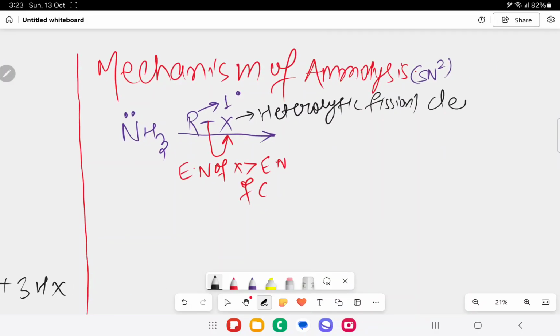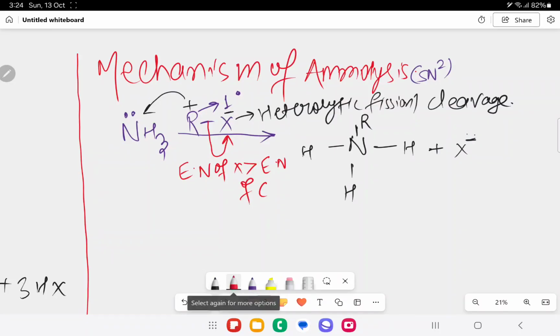Heterolytic fission, also known as heterolytic cleavage. From here, R will get positive and X will get negative. This positive will attack over here, and what you will get: NH3 is already there, and one R is coming over here, and in the plus X minus you will get this side. Now because of the coming of the R, nitrogen will get positive, and we already know about this,